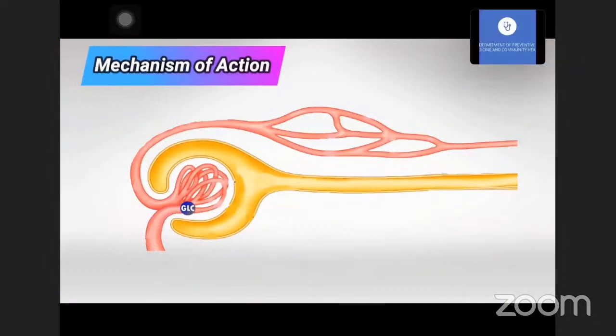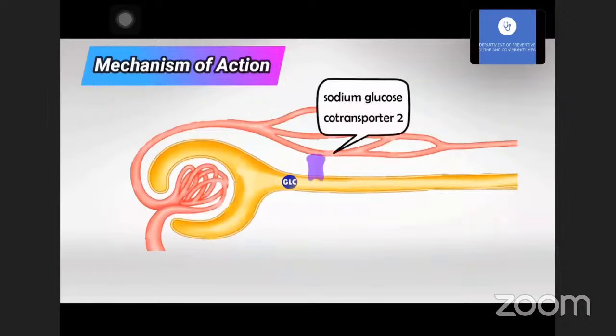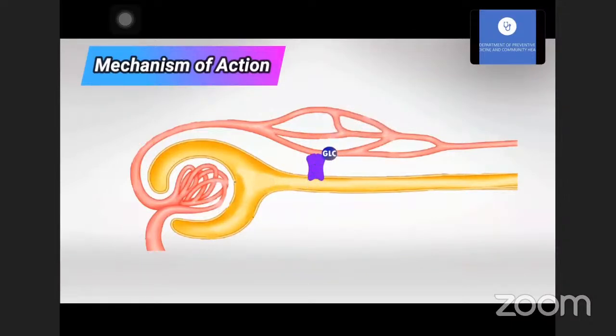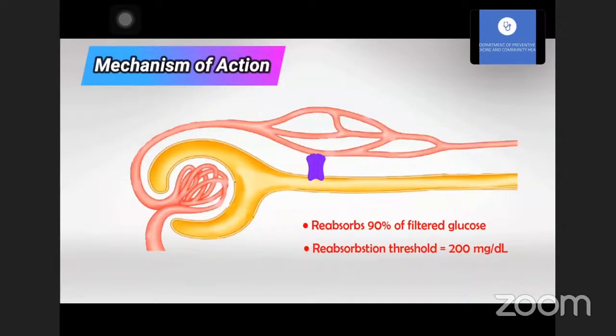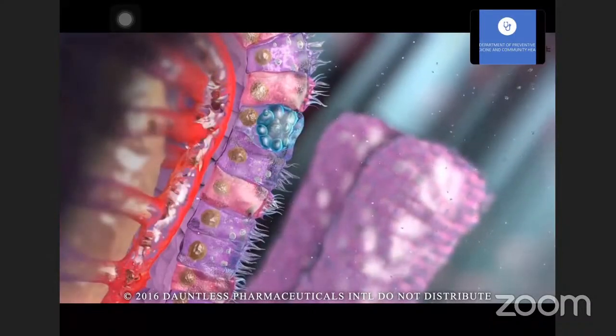SGLT2 inhibitors and GLP-1 receptor agonists. These are sodium glucose cotransporter 2 inhibitors or GLP-1 receptor agonists. For those with atherosclerotic cardiovascular disease and a high risk of heart failure, the guidelines advise doctors to prescribe an SGLT2 inhibitor. The GLP-1 receptor agonists